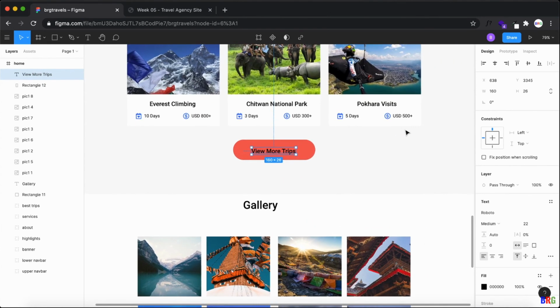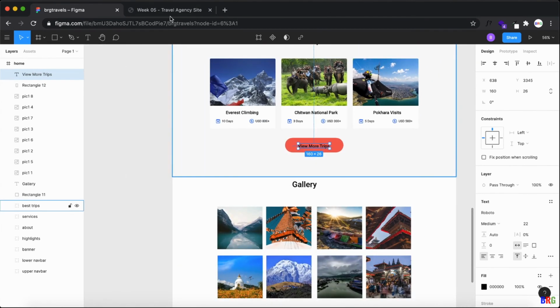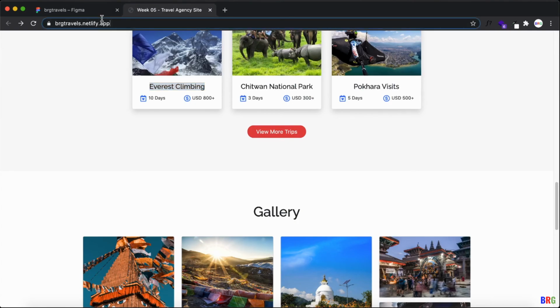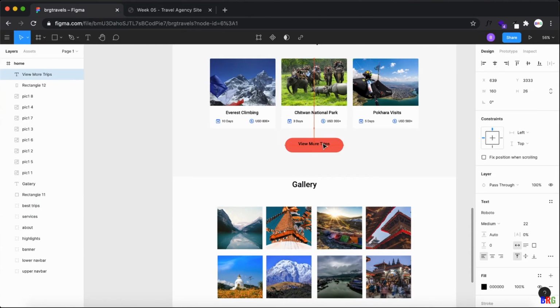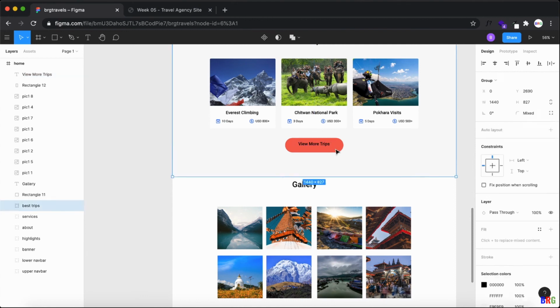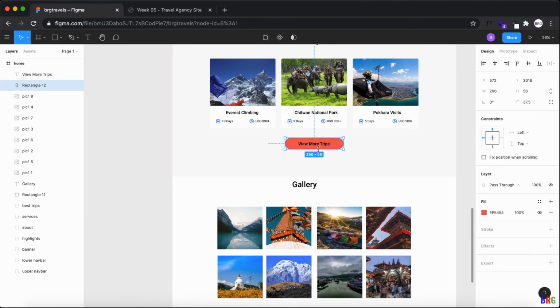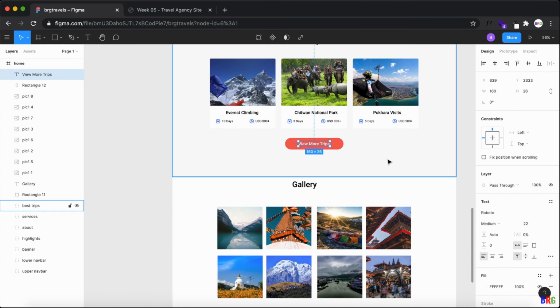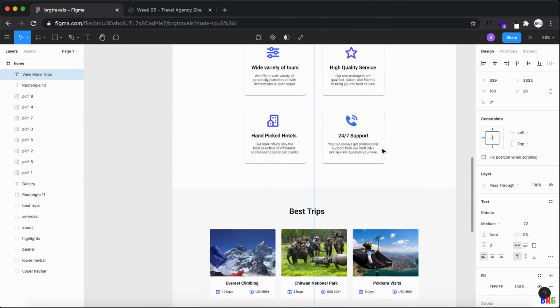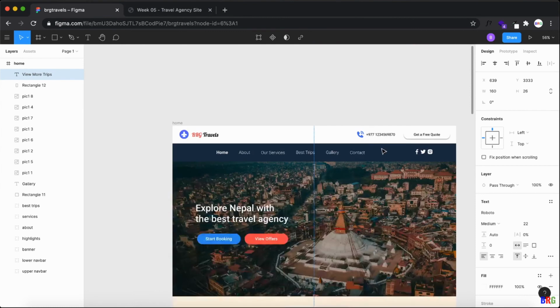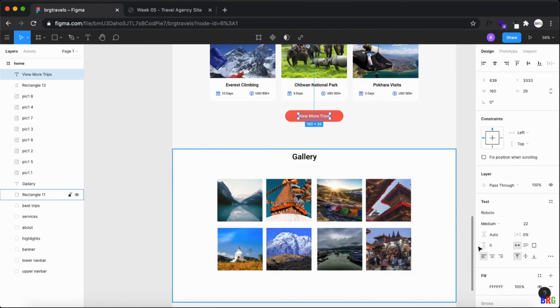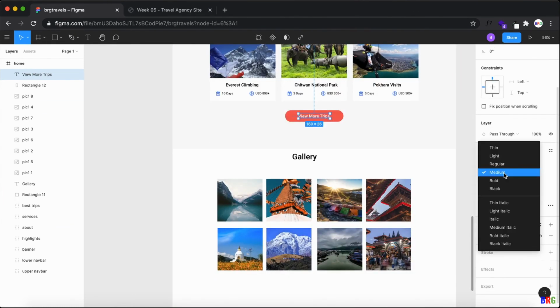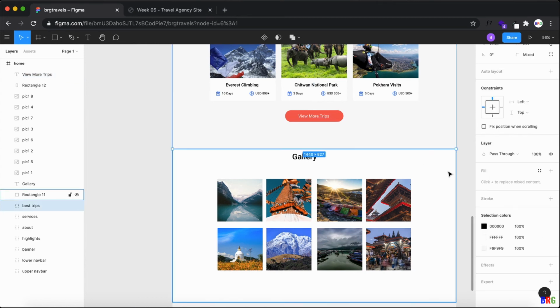It's white obviously. This is also quite a bigger button. Now white, for that FFF, and maybe lighter weight. Instead of medium, regular is good enough.